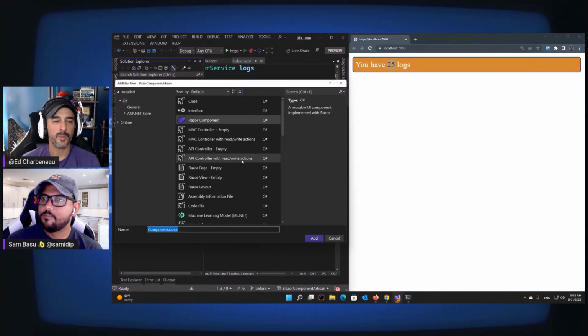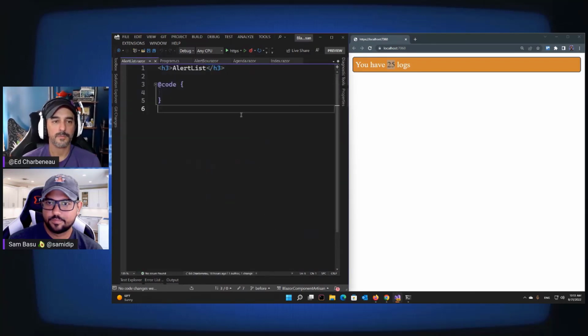I'll add a new Razor component here, and we will call this AlertList.razor. So we have an AlertList Razor here,